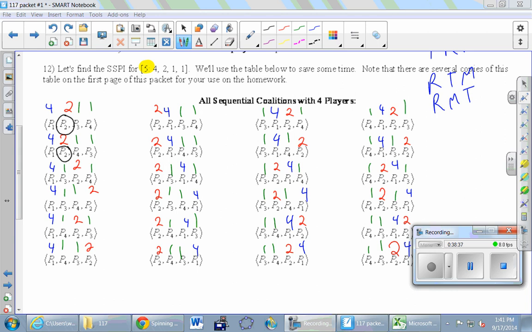We're going to do 2 more of these together, and then you're going to do the rest in your groups. In the next row, first there's a 4, is that enough? The 4. And then there's a 1, is that enough? Yes, so this is maybe the first time we're thinking about a tie, but 5 is the quota, and that's enough to pass it. So ties are good enough. So player 3 gets circled.